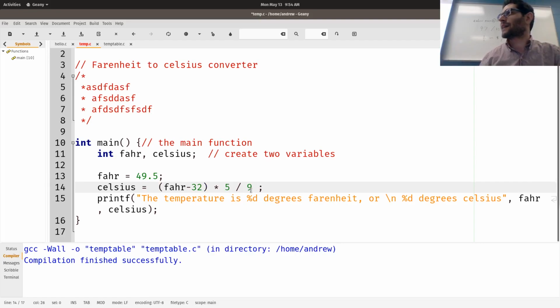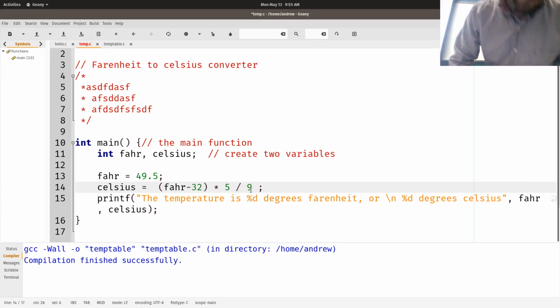That seems more intuitive. The answer has to do with order of operations. The way order of operations works is that we go from left to right. We do whatever is in the parentheses first. This yields some number, and then we multiply times 5, and then we divide by 9.